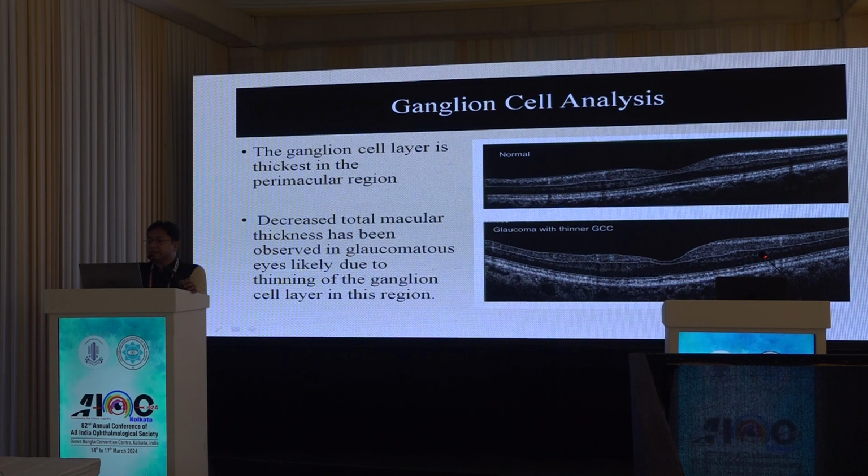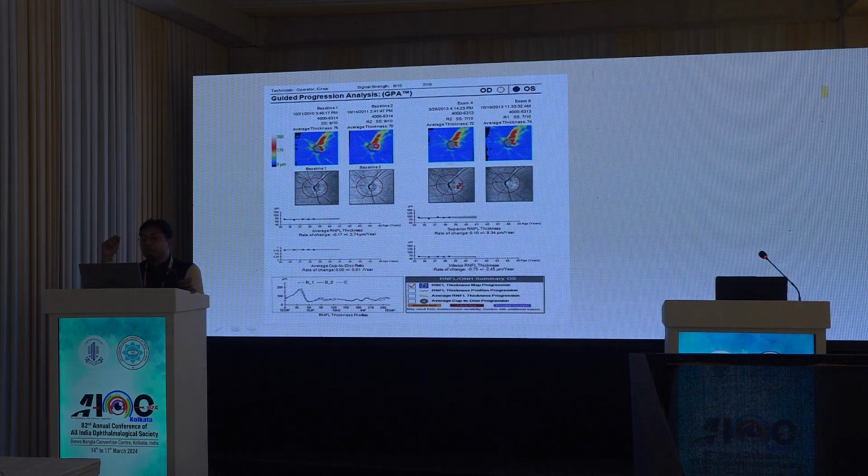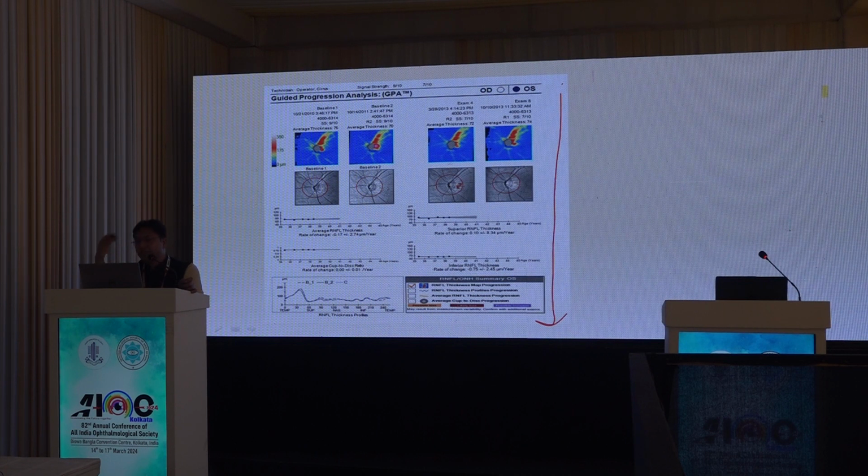One thing more, since ganglionic cell loss occurs much before as compared to RNFL, OCT gives us one more accurate idea about the ganglionic cell loss. So with the help of OCT we do RNFL as well as the ganglionic cell loss. You have to know these parameters, and when we are going to check the progress like in the HFA we are doing it, nowadays these softwares are providing you